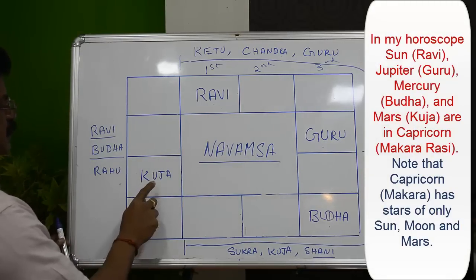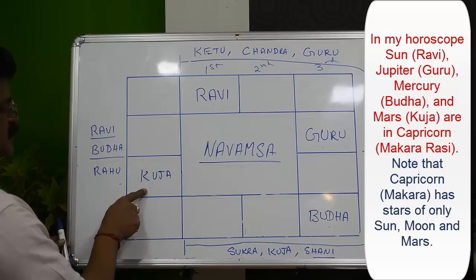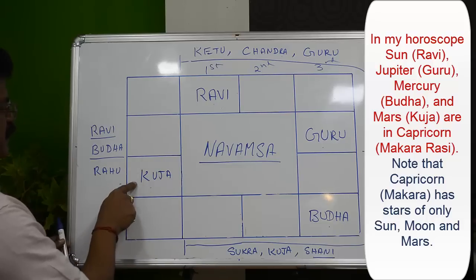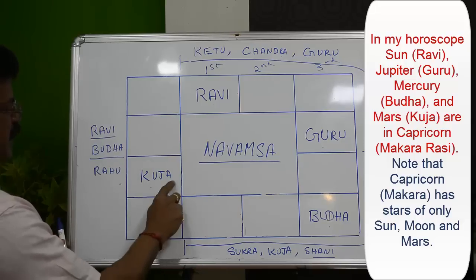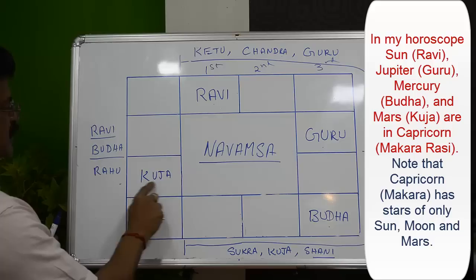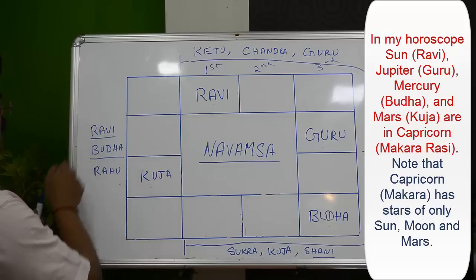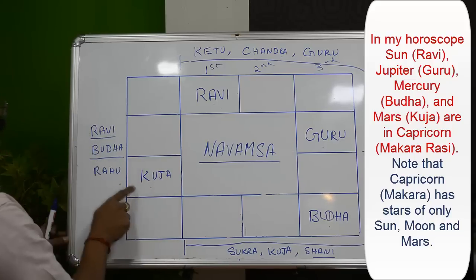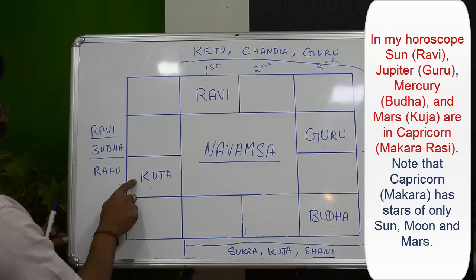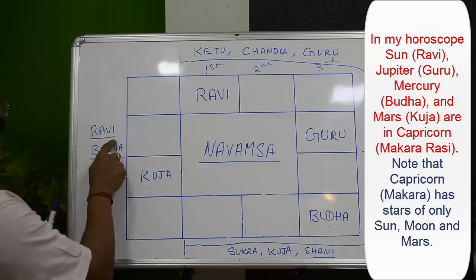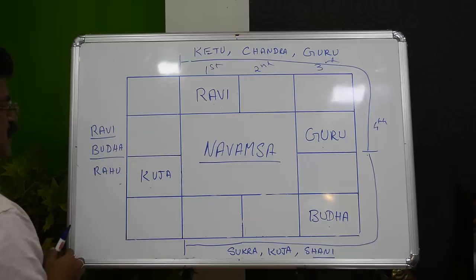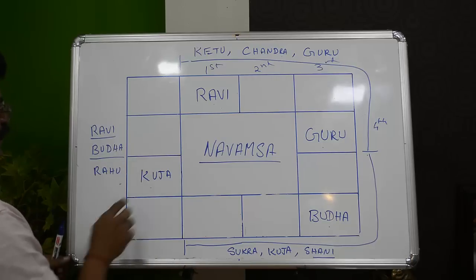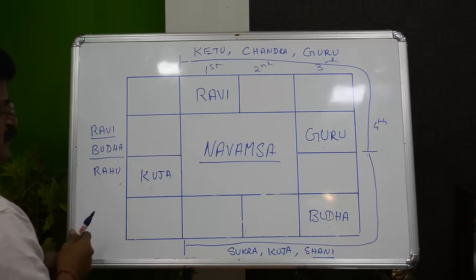So in Capricorn, the possibilities are, you have a possibility of a Sun star, then in between Moon star and then Mars star. So now let's find out where Mars is. Since Mars is over here, you can see that out of the 3 stars I said here, only Sun is involved with this place in Navamsa. So obviously the Mars in my horoscope is in Uttarashada, and that too the second pada, because the pada numbers